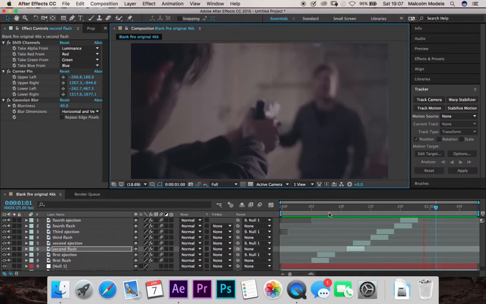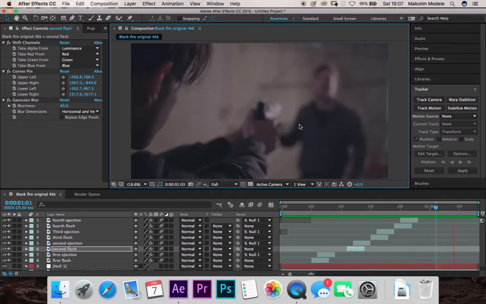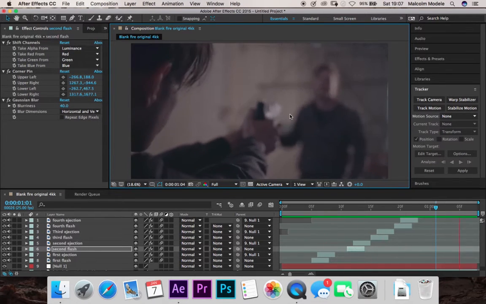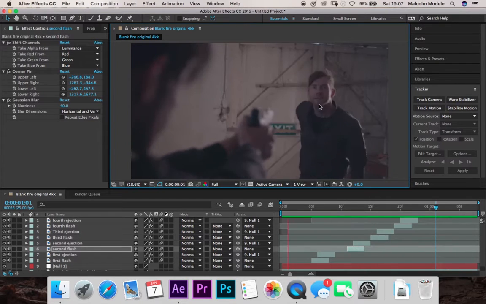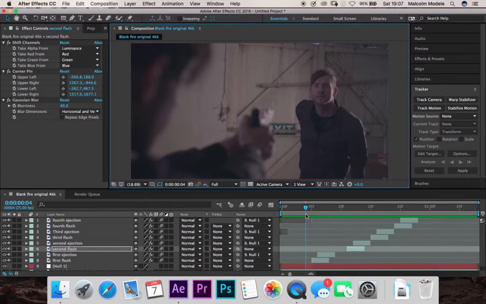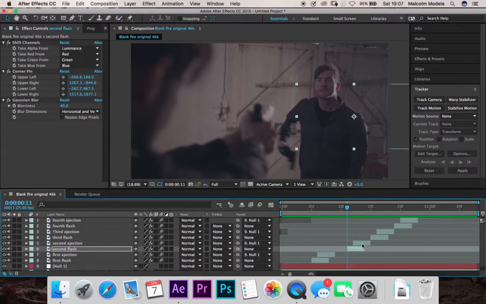Okay, so to me, the ejection round is too perfect every time. It falls in the same spot every time. So we need to eject it in different times. So let's go to every ejection round. So this one's okay leaving here. So let's go to this one, ejection round,